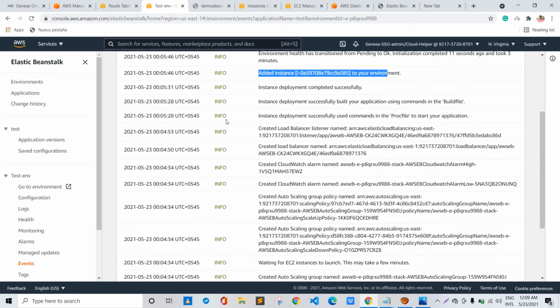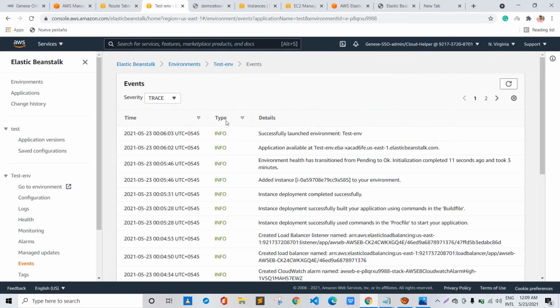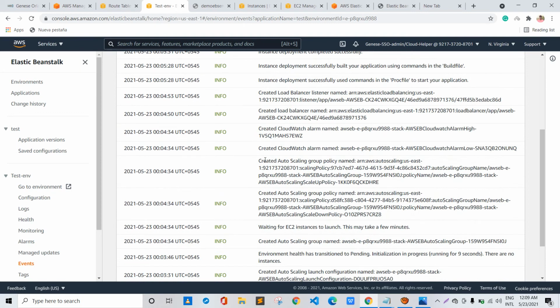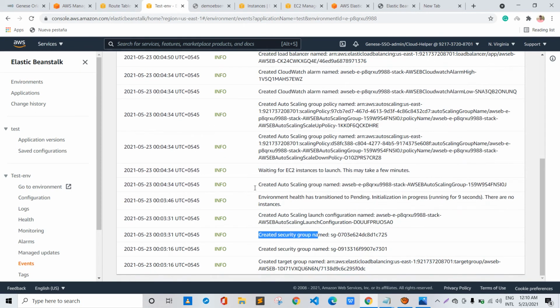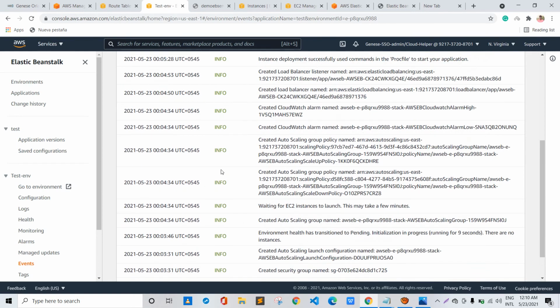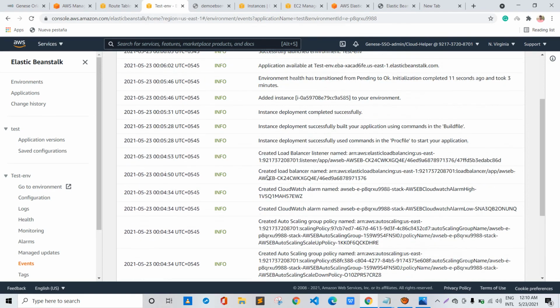And if we look at the specific things that have been created, it says it created a security group, a target group, and an auto scaling group.